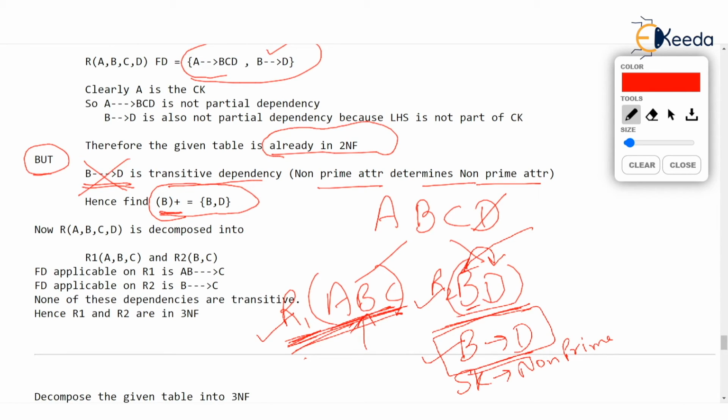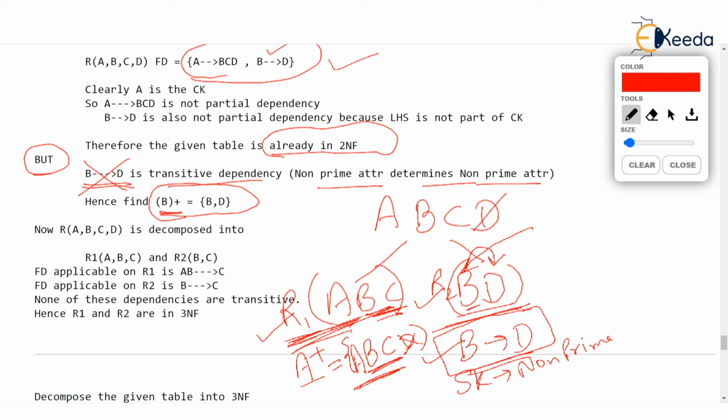Let's see before that, I'm sure that you did not like this. Which dependencies are applicable on this? Let us find A closure on this. From the original FD set given, yes, from the original FD set. A closure will bring in B and C due to A determines BCD, isn't it? And we can't put D here. Come on, because D is not there in this table. But then definitely A determines BC because A closure will contain ABC.